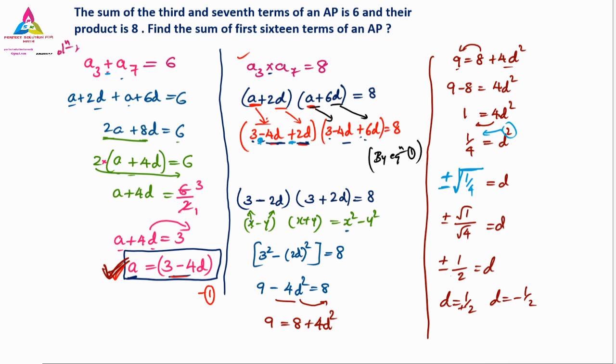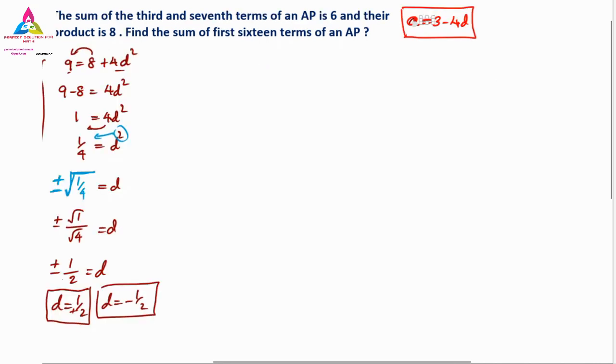So here we found the 2 d values, which one do we have to consider? That is the question we will have now, but here the answer is we have to consider both d values, because here it is not that we have to ignore the negative and take only positive, not like that. We have to consider both, d as positive half and d is equal to minus half also. I took the screen on the left hand side because of the place. So here you can continue.